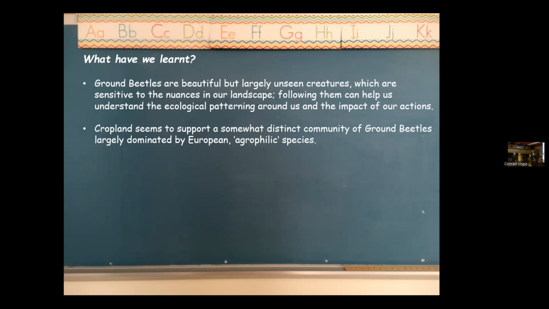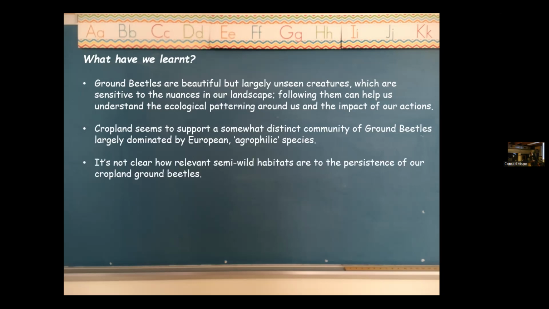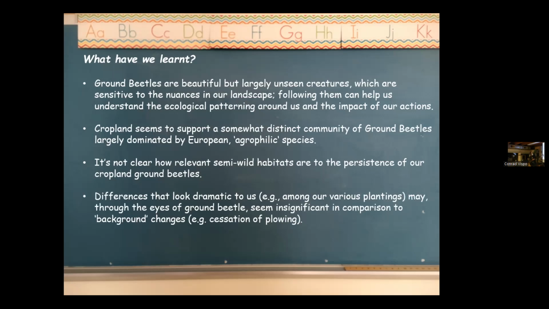Cropland seems to support a somewhat distinct community of ground beetles, largely dominated by European, what I'm calling agrophilic, farm-liking species. It's not clear how relevant semi-wild habitats are to the persistence of our cropland ground beetles. As I said, it seems like there may be a rather intact community of plowed ground beetles that don't necessarily need the semi-wild habitat. Differences that look dramatic to us, such as those plantings that we did,